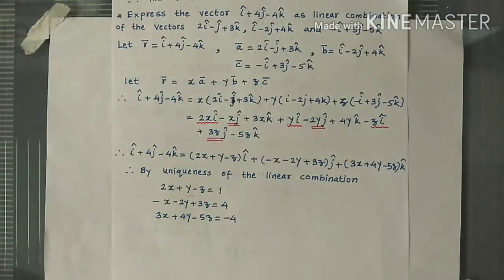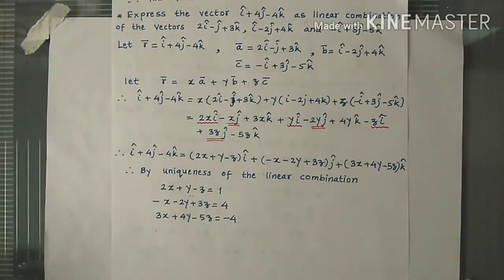In this video we are going to study the section formula for internal division and external division. But before that, in the last video we have seen that any vector r bar in space can be uniquely expressed as a linear combination of non-zero non-coplanar vectors a bar, b bar and c bar. So let's solve one question based on that and then we will see the section formula.